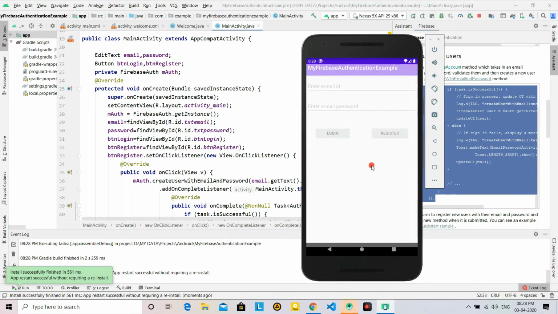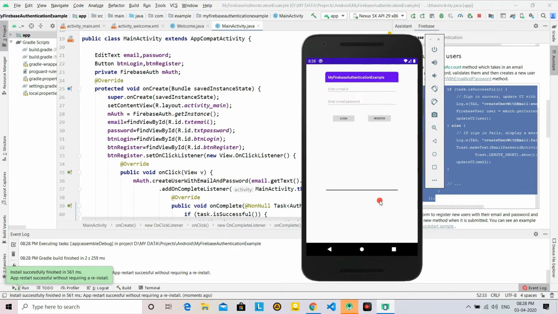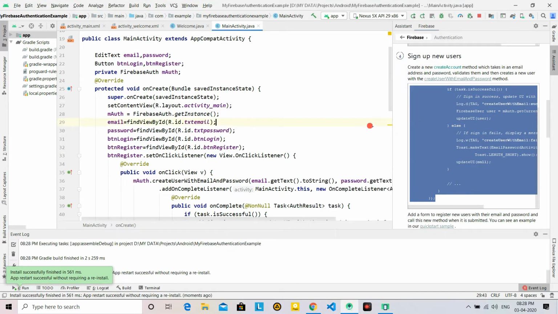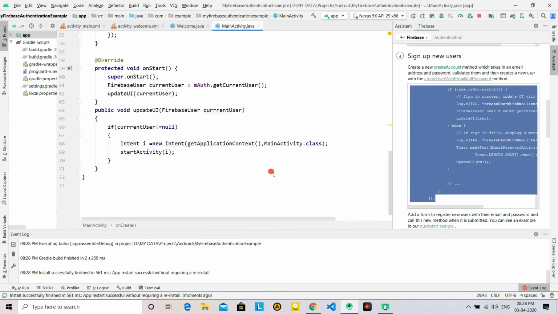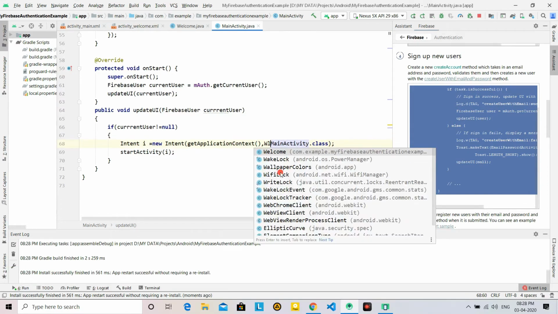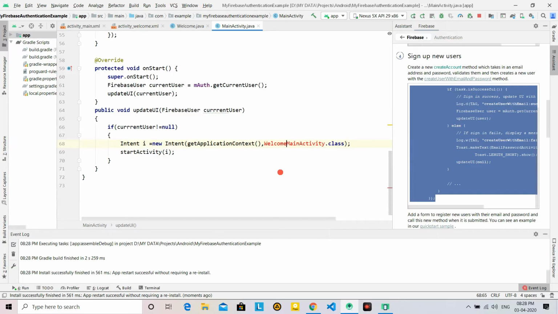Here it's showing some kind of error. So let's see what the error is. The error is that it is opening the main activity. We have not passed it to the second activity, called Welcome.class. That is the problem.